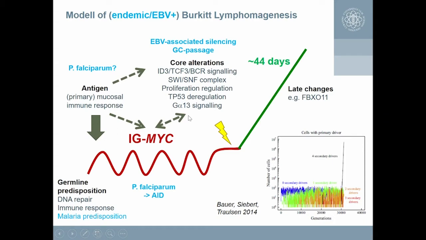So that's essentially a model to be proven, but it would explain both the epidemiology of Burkitt lymphomas and the clinical presentation, with particular affection of jaws and ileocecal regions, for example, and extranodal sites. It would explain the differences between EBV positive and EBV negative cases. It would probably also explain a predominance of Burkitt lymphoma in the malaria belt. And at the end of the day, if it is proven, it could also be a basis for future development of targeted therapies and probably also early detection.